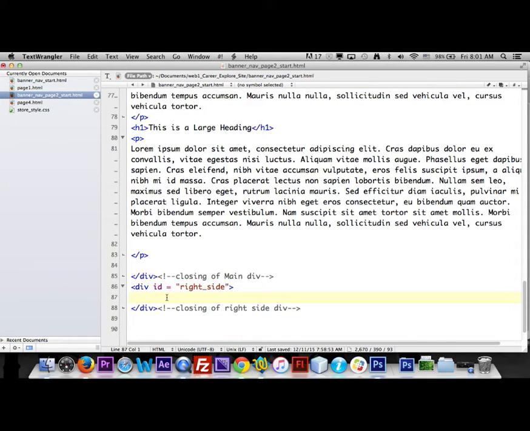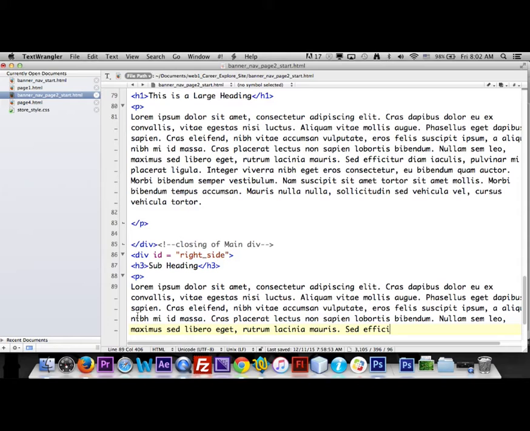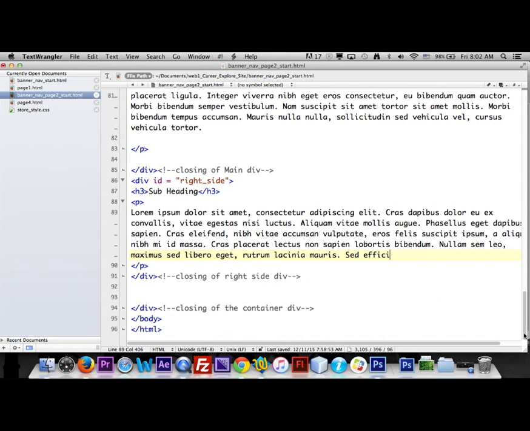Now what I'm going to do is, on the right side, I'm going to do an H3 tag and just say subheading. Again, you'll have something pertinent to your career. And then we're going to do another small paragraph of text. So I'll do my P tags. This way I know that I open and close the p tags and all that. And I'll grab some text. And again, I don't want that much, but you can decide, you can add or take off text to